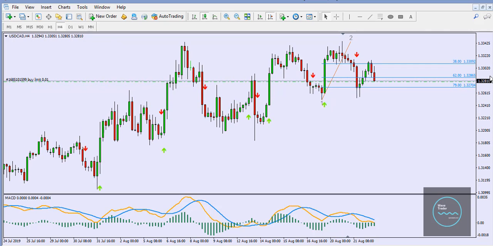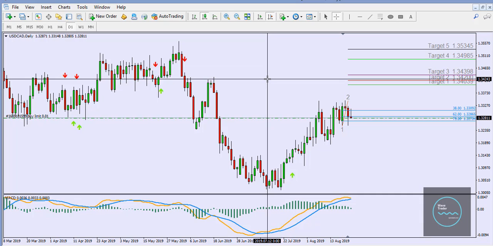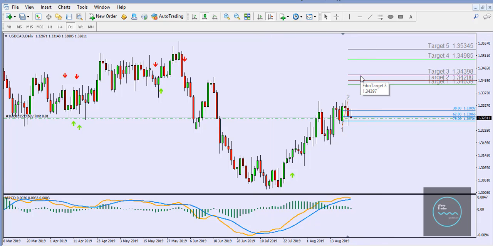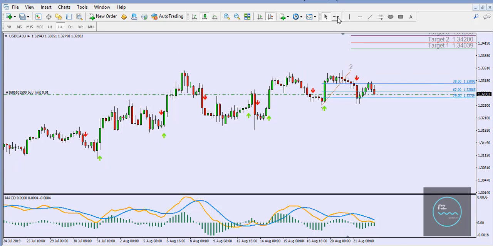When I analyzed it earlier this morning on the daily chart, I can see that we have a good place to get out of the trade here, because of the strong area of support and resistance there. So I'm going to be deciding on either the second or the third profit target level. Most likely I'm going to take the second. From where I'm planning to get into the market to the second target is about 141 pips, so it's not so bad. The third target will give me 158 pips,